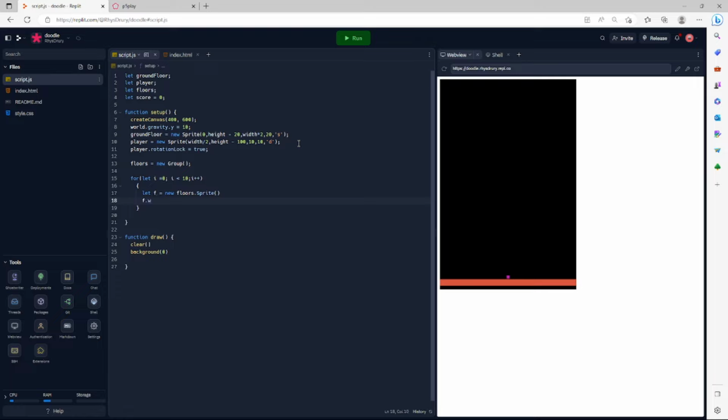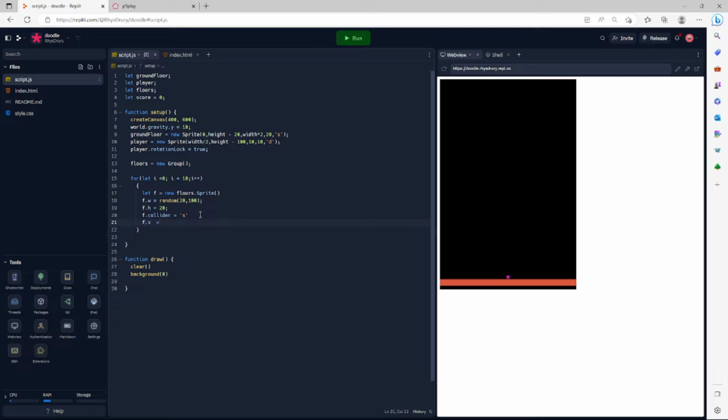And I'm going to say the width, so f.width equals, let's say, a random between 20 and 100. You can change this. This is just how wide it's going to be. f.h equals 20 because the height is always going to be the same size. You can change that at random if you want. Entirely up to you. The collider though is going to be static, so you don't want it to move. And